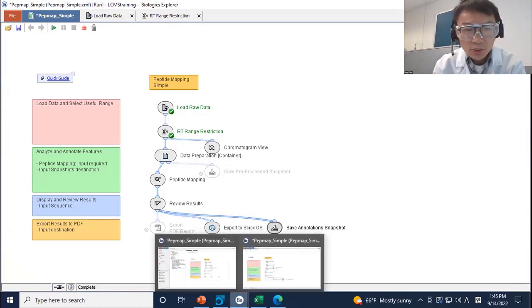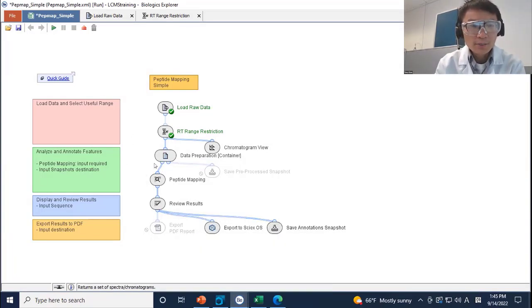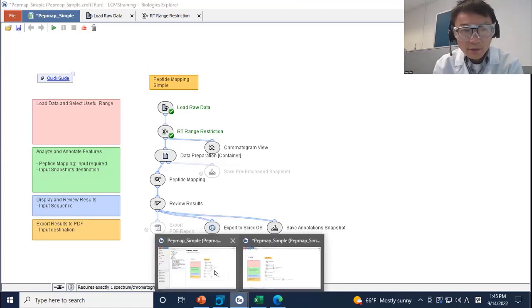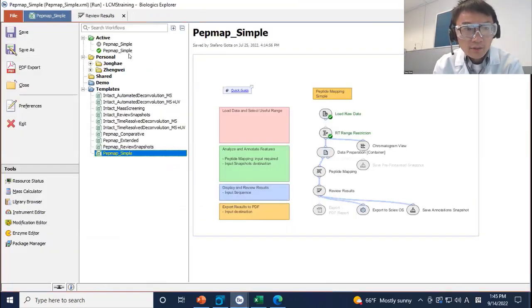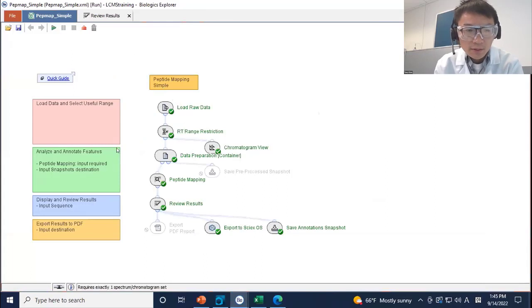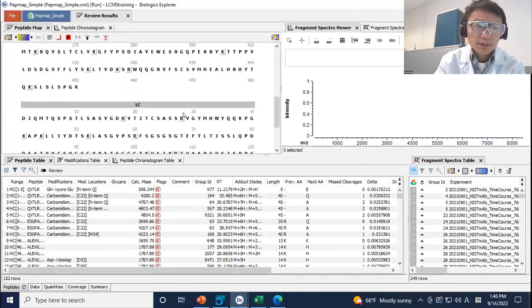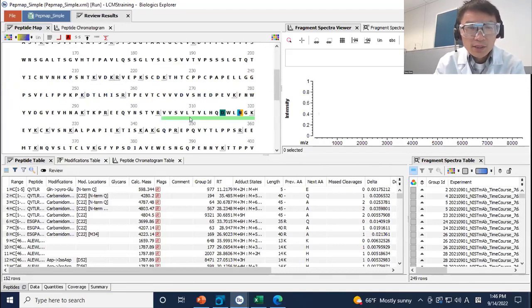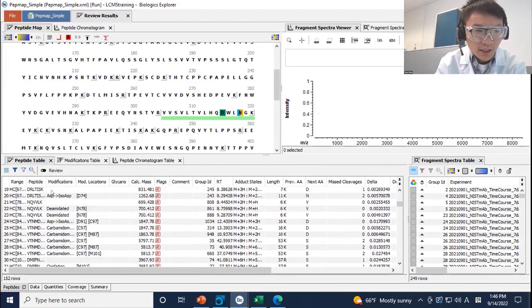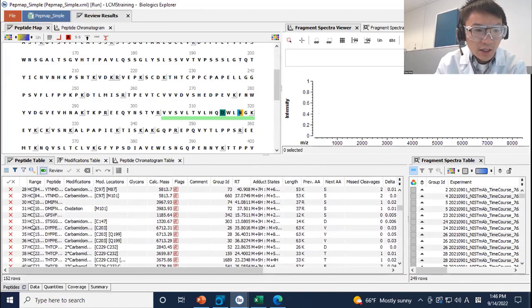So then let's take a look. In the interest of time, I won't run it because it takes some time. I have run it before. It takes around 7 or 8 minutes, depending on how fast your computer is. And so I have results already run here. So we can go to the review results. We just double click. Then here come the results. So the reason why you see a single peptide here is just because I rejected